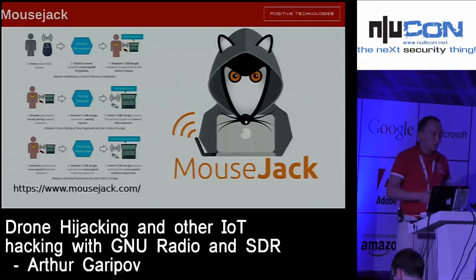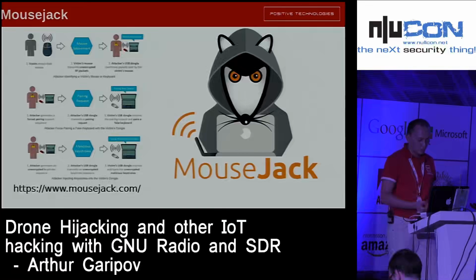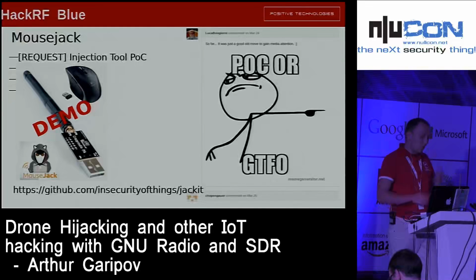If you send to a mouse a packet from the keyboard, this dongle allows you to receive packets from the keyboard and make a press of the key. So you can send an unencrypted packet crafted as for a keyboard, but send it to the address of the mouse, and the dongle receives this packet and puts it to the USB port, and there will be a pressing of the key. Nobody asked for a POC. They saw just a white paper without any